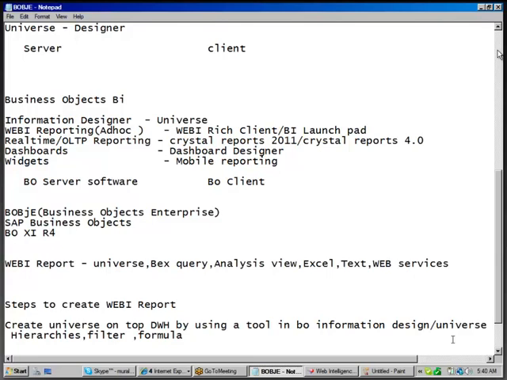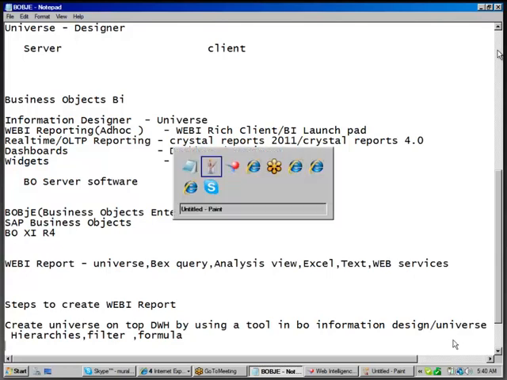Why do you need hierarchies? For drilling down in the report you are creating with country-wise sales. If you define the hierarchy country, state, city, branch in the universe, when the customer clicks country, the report automatically converts to states. If they click India, the report will display India states. If the user clicks on AP, it will display AP cities, Hyderabad and so on. If the user clicks on Hyderabad, it will display the branches in Hyderabad. All that you define in the universe.